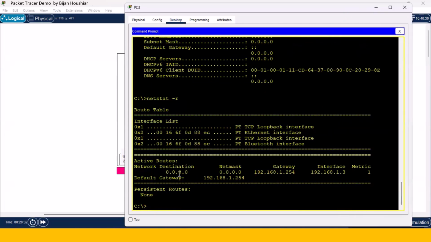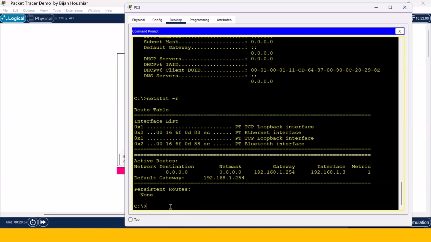It says that to reach any destination network with any subnet mask, this is the default gateway for PC3, and PC3's IPv4 address is this one, and the default gateway of it is this one. This is sort of like a routing table of the